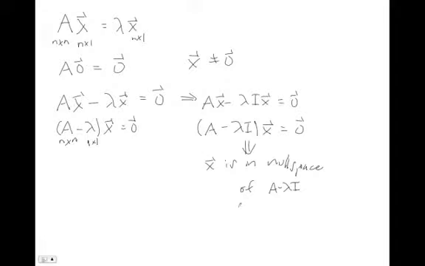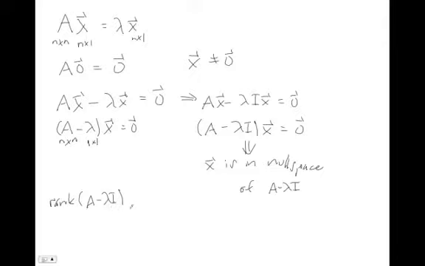So x is in the null space. If we're going to talk about the null space, then maybe we should think about the dimension of the null space. And from the linear algebra review, we know how to find the dimension of the null space. What we do is we look at the rank of A minus lambda I. If we find the rank of A minus lambda I, that is equal to the number of linearly independent columns of A minus lambda I, which is also equal to the number of linearly independent rows of A minus